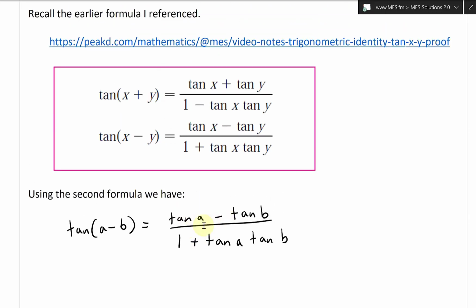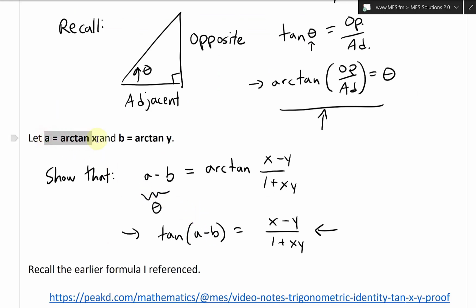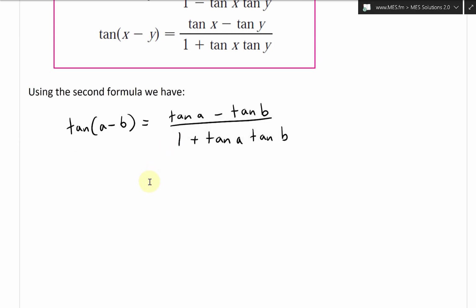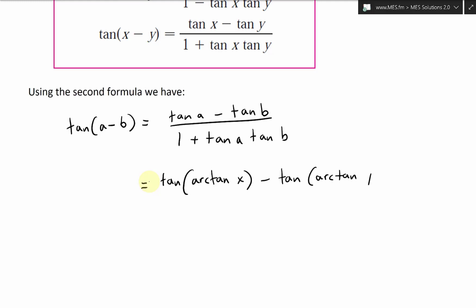And now we could plug in our a and our b's. a is equal to arctan x, and b we let equal arctan y. So that means this equals tan of arctan x minus tan of arctan of y, divided by 1 plus tan arctan x times tan